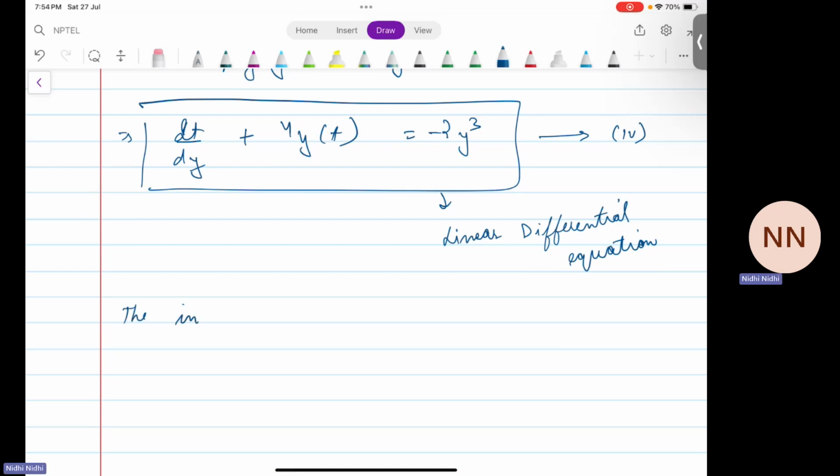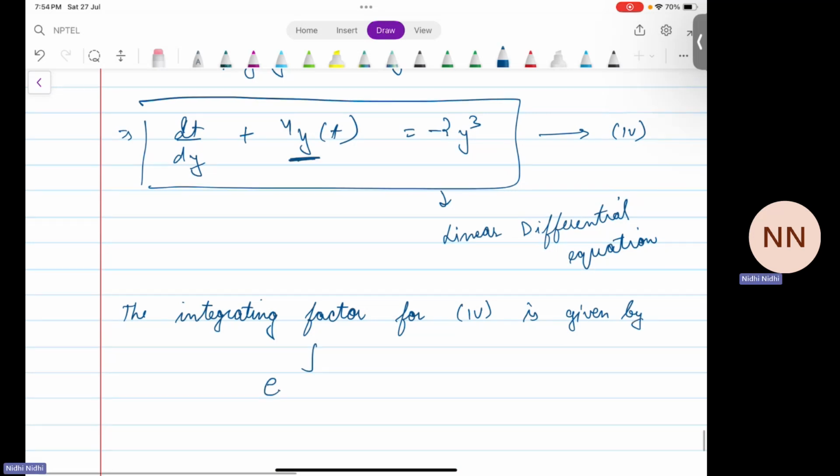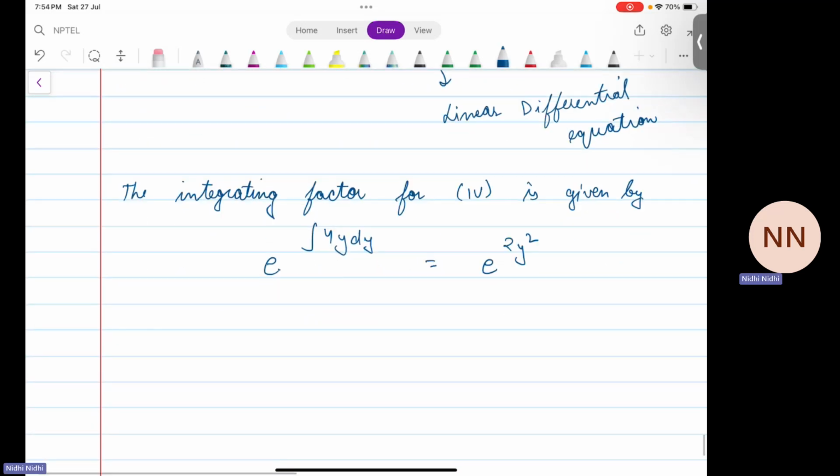The integrating factor for equation 4 is given by e to the power integral of 4y dy, which is e to the power 2y square. Now using this integrating factor, the solution of equation 4 is given by